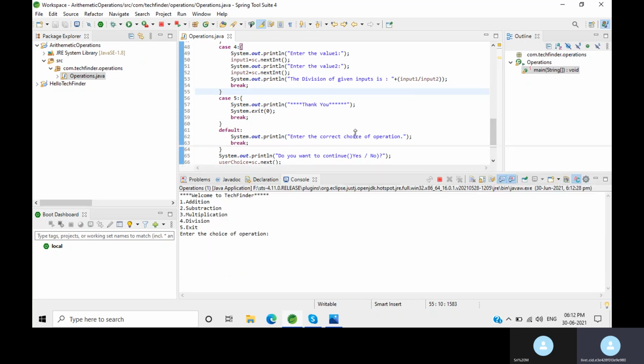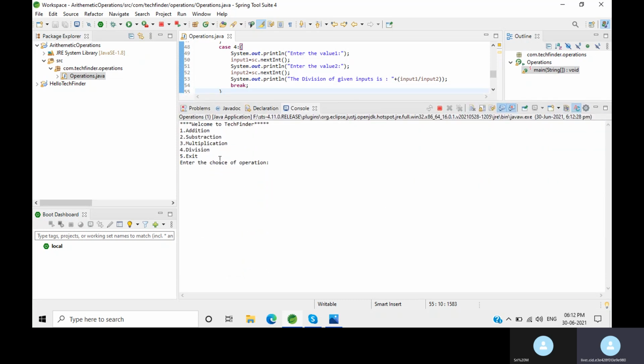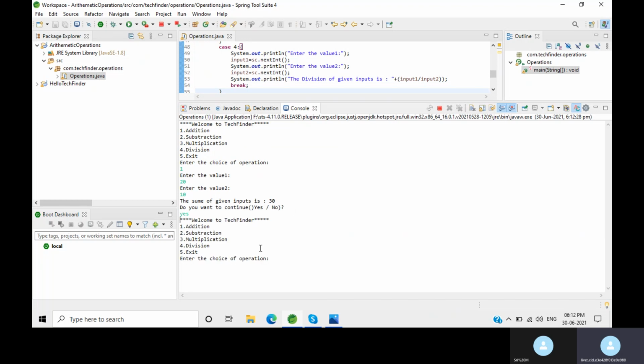Now see, our menu has come. Welcome to TechFinder. Enter the choice of operation 1, enter the value 20, enter the value 10. See, the sum of the given inputs is 30. And do you want to continue? If you want to continue, just type yes. Again our menu will regenerate. This is all because of the do while loop.